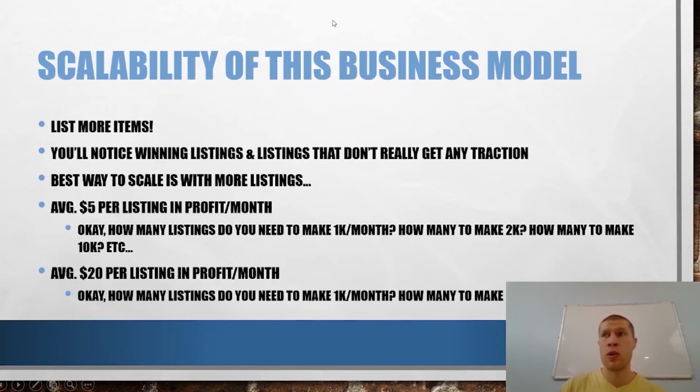And then what you want to do is, let's say hypothetically you list a travel inflatable pillow like we went through on Mercari, right? Or on Poshmark or whatever. And you happen to notice that item's getting a lot of sales or getting a lot of traction. Well, what do